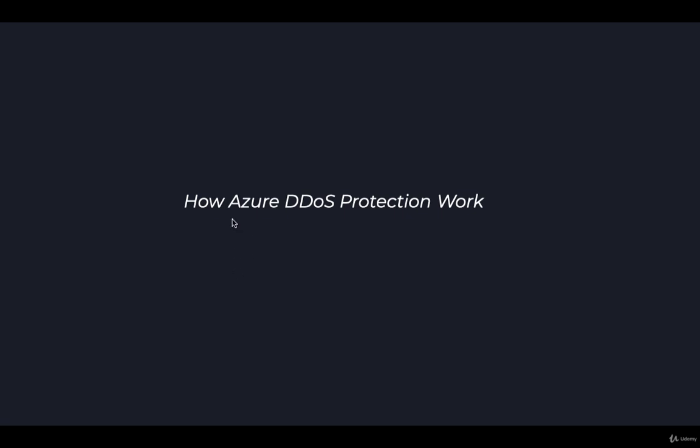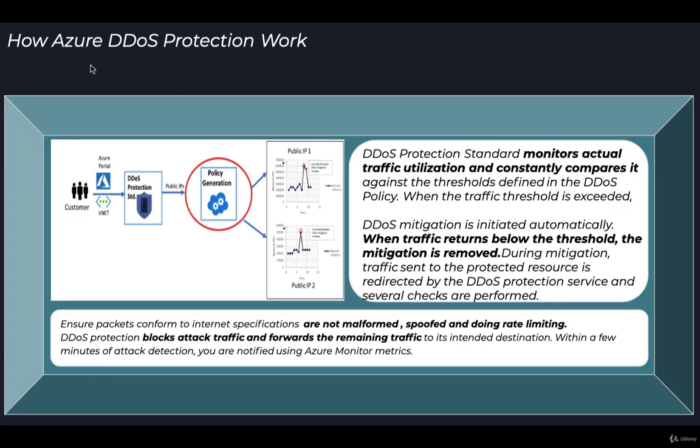Hello friends, welcome to this lecture on how Azure DDoS protection works. In the last lecture we discussed the DDoS protection overview and the offerings in Azure. In this lecture we'll discuss the second offering, which is DDoS protection standard. Basic you get by default, but in case of standard you need to create a DDoS protection plan. You need to check with which VNet or particular subscription you need to create that DDoS protection, and you need to have that public IP on which you need to enable that particular service,